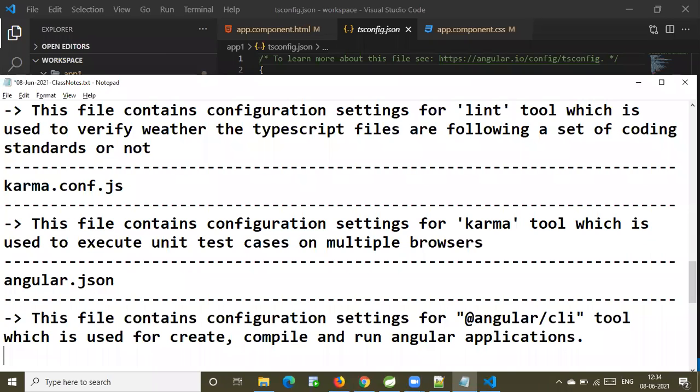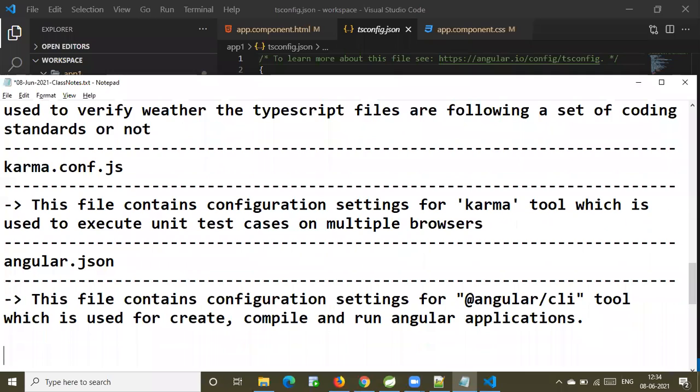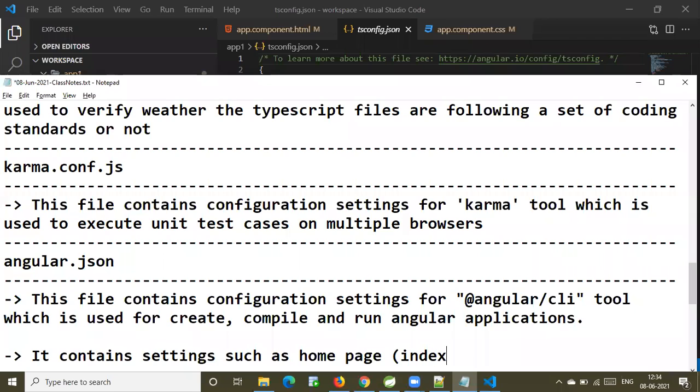Angular applications, right? It contains settings such as home page, startup file, and CSS file. What is the home page to open when you access the Angular application URL? Localhost colon 4200. When you access that URL, which page should be loaded? What is the welcome page for your Angular application? That welcome page setting will be available in the angular.json. It contains settings such as home page, which is index.html,